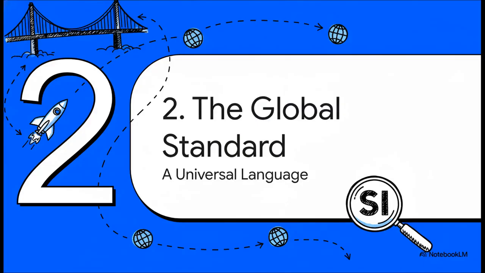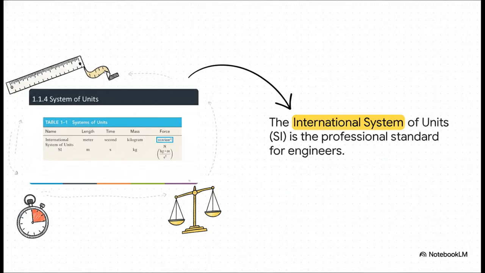So that brings us to the solution. How do we fix this? That's where we get to Section 2, the global standard, SI. This is all about creating that universal language for every engineer on the planet. And the solution is beautifully simple. The SI system, which stands for the International System of Units, it's basically our universal translator. It gives us one standard unit for every key physical quantity. Now, for us in mechanics, we really only need to focus on three fundamental ones to get started: length, time, and mass. These are what we call our base units.